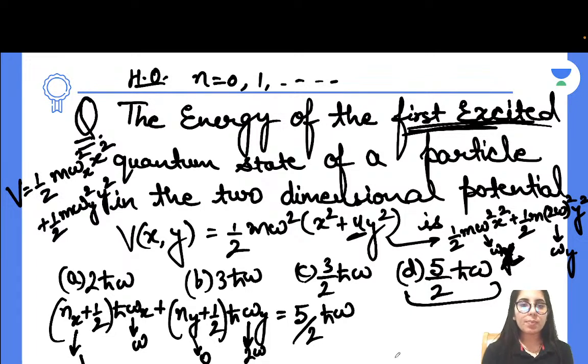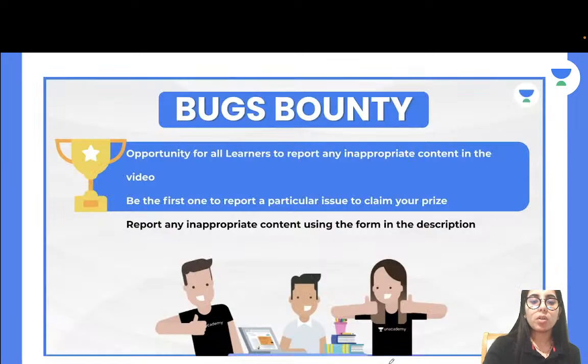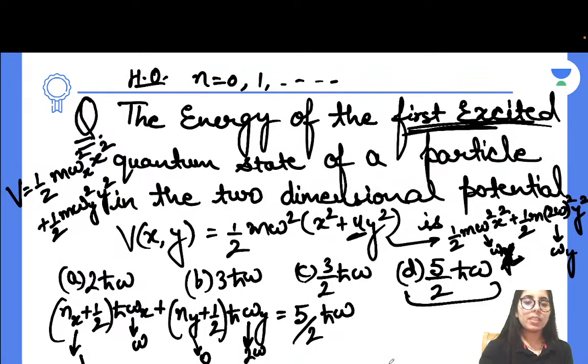Tell me if any step is not getting clear to you and anything you want me to explain. I can talk about it and we can consider that part too. Okay, this is what needs to be done. Firstly, we have to simplify the potential. We need to categorize ωx, ωy, what are their values. Once we get that, then we just plug the nx and ny values into the energy expression itself. And this is how we get the final answer, right? So it was quite simple and easy.